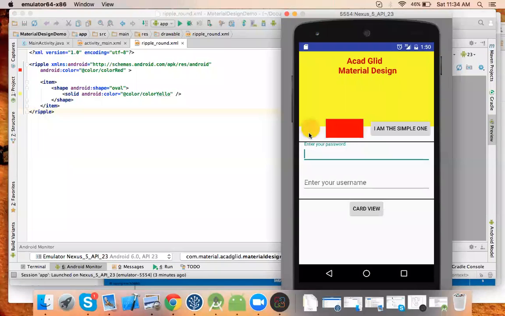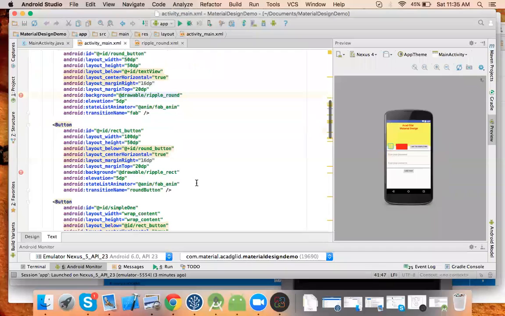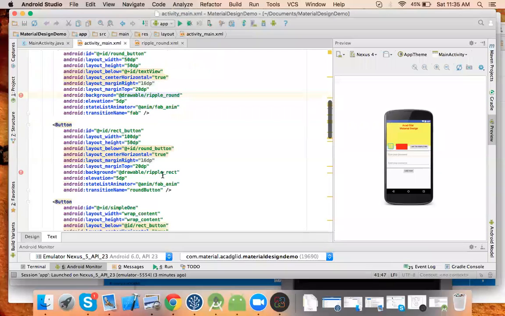See the background ripple effect. And I have defined the shape as an oval. So it is showing you an oval shape. Now if you come to the second button and see this,